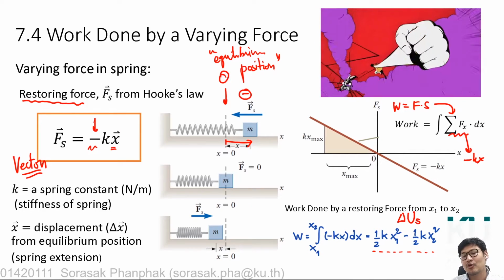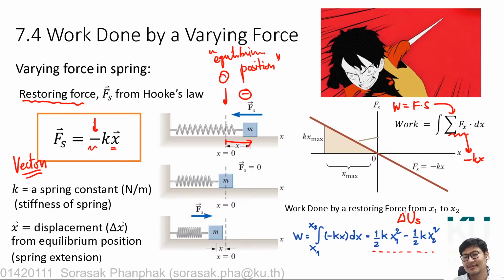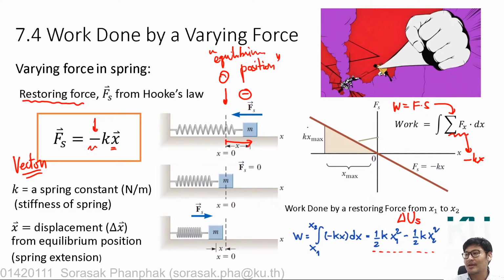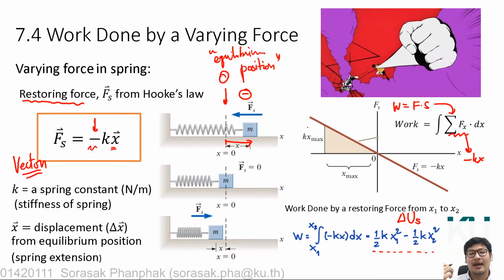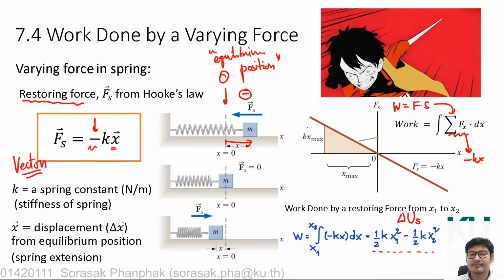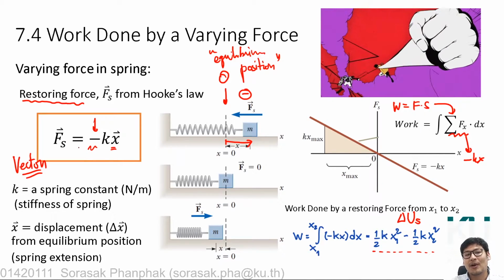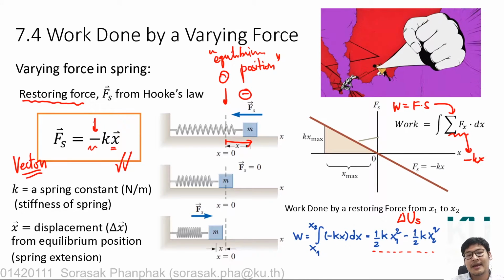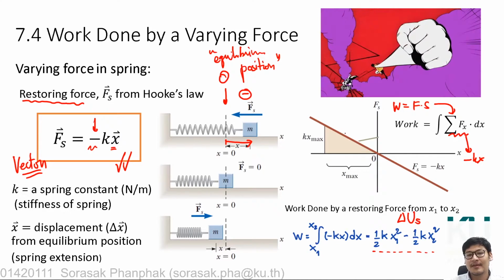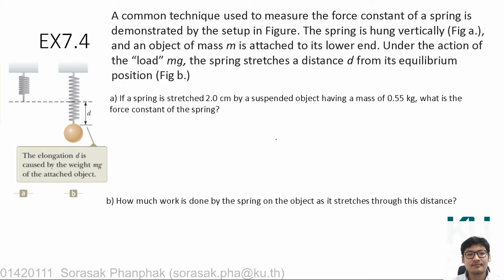This is elastic potential in the spring. I will explain this term later when we look into the potential and kinetic energies. So I wanted you to know that for the varying force, one of the examples is what happens in the spring. This is an example of how you find the work done on the spring in different scenarios. So in this case,